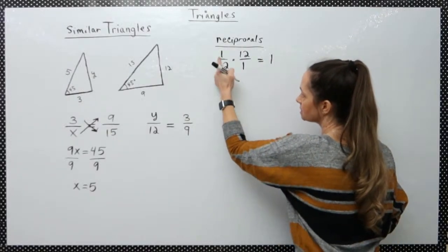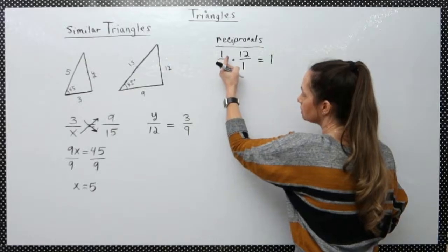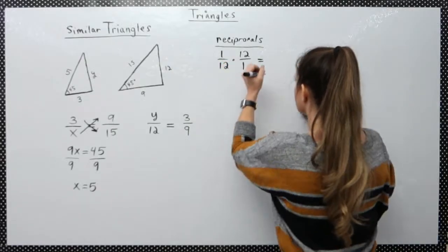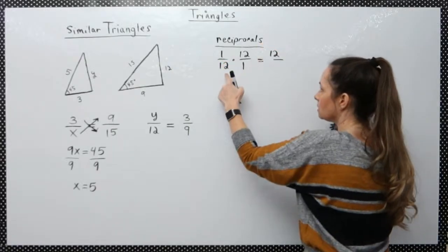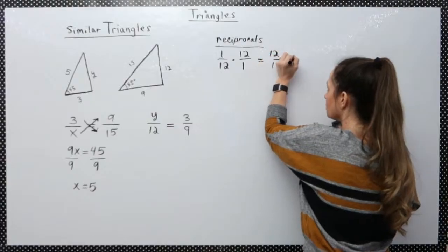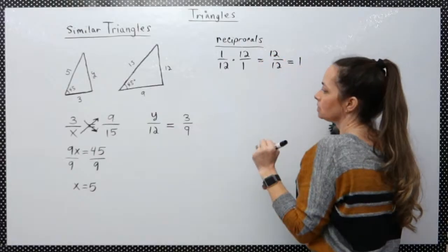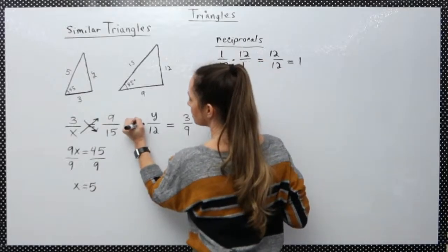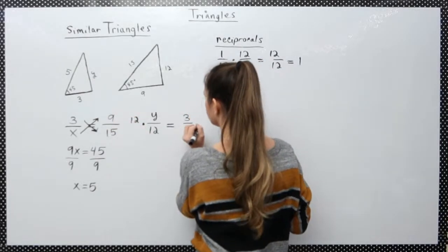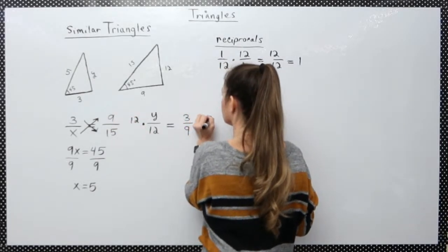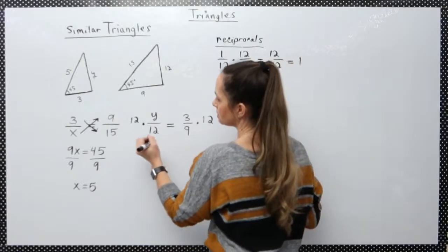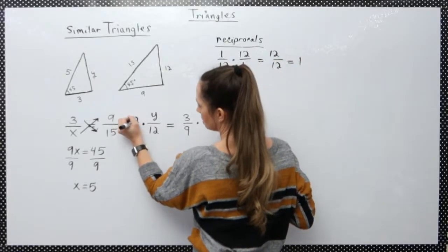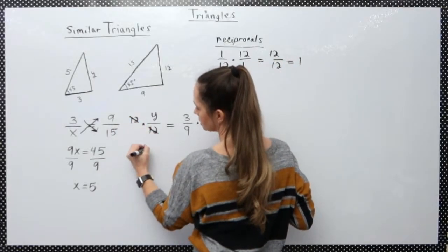Anything divided by itself. So 1 times 12 is 12, and 12 times 1 is 12, and then that's just 1. So to solve this one, I'm just going to multiply both sides by the quantity 12. And those are going to cancel. So it'll be y